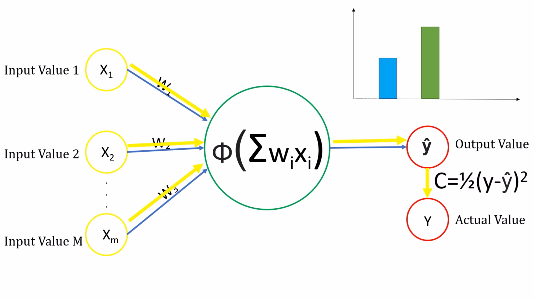Henceforth, we calculate the cost function, which is half of the squared difference between y and y cap. It is commonly known as mean squared error, MSE. There are many more cost functions that could have been used, but this is the most common one. We will discuss more about why this is the most widely used cost function in the successive tutorials. In short, the cost function explains how much error exists in the predicted value as compared to the actual value.